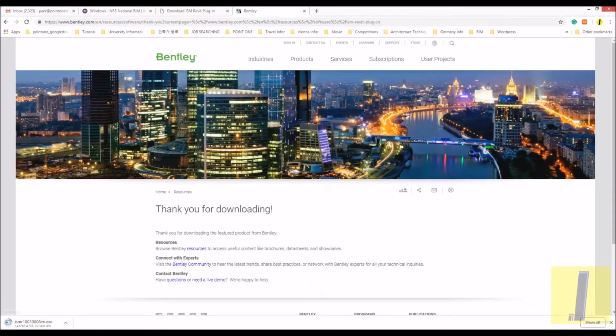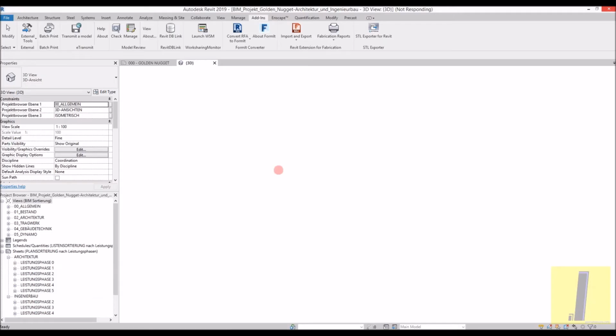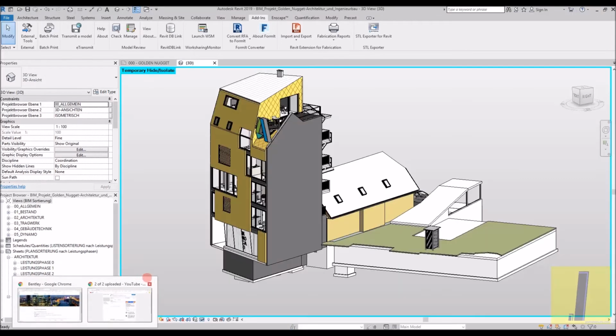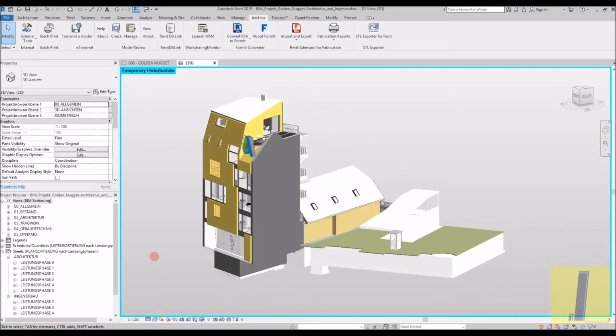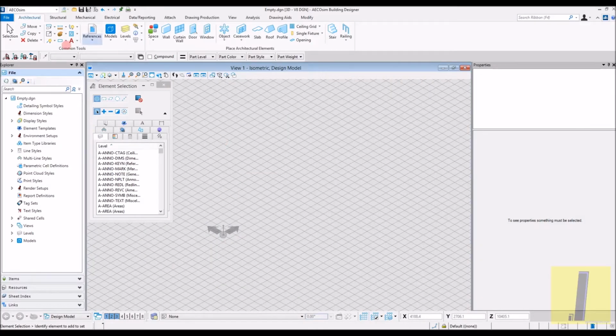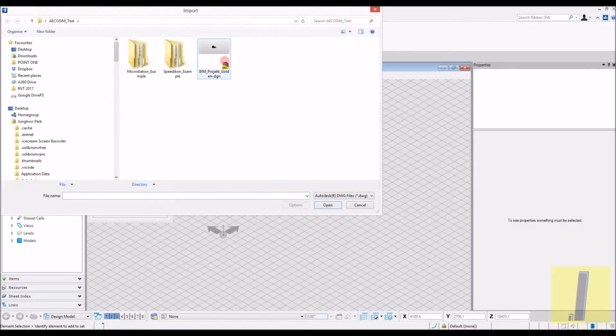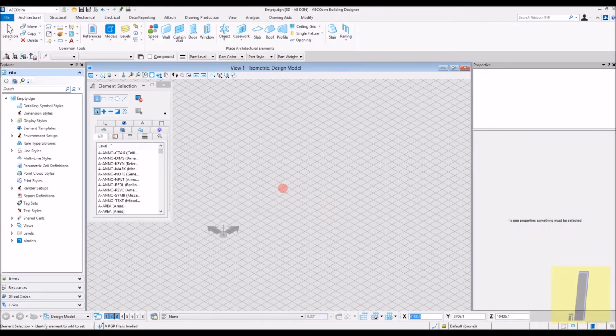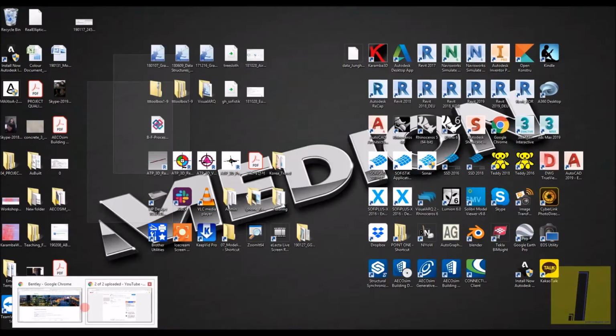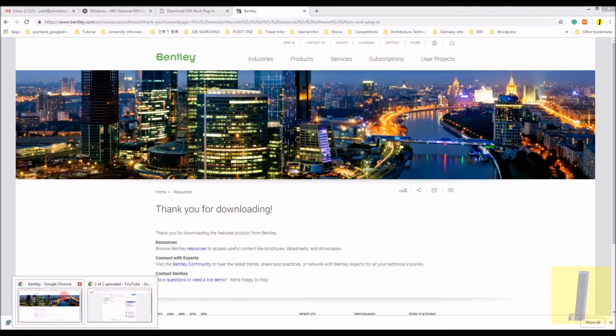In the meantime, I think the DWG file is almost ready to export. I'm finishing the DWG export. Still exporting, so it's funny. Yeah, it's done. So now I'm going to AECOsim and going to import the DWG file instead of the DGN file. I think we get a better result. Now we're importing the file inside of MicroStation,